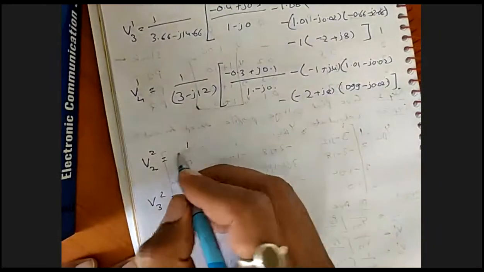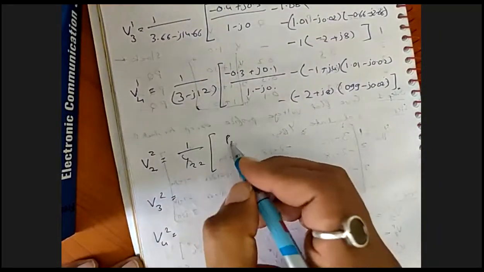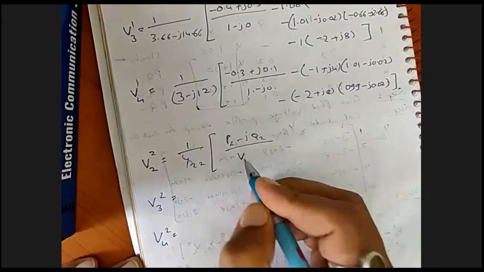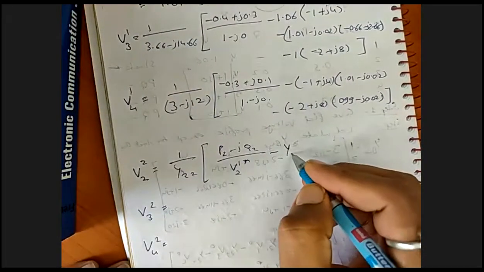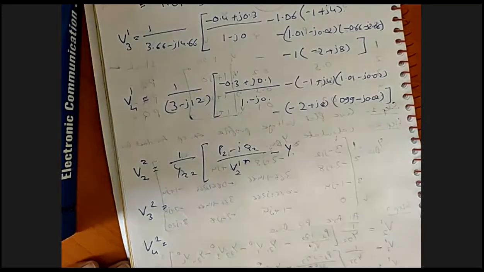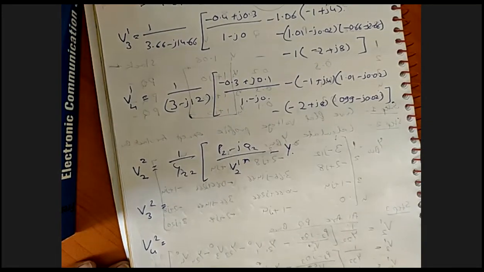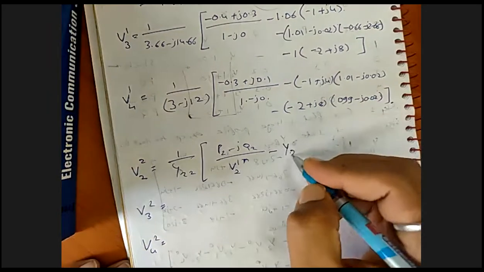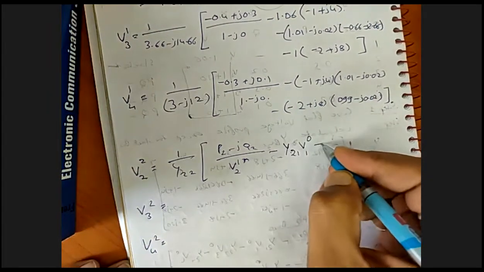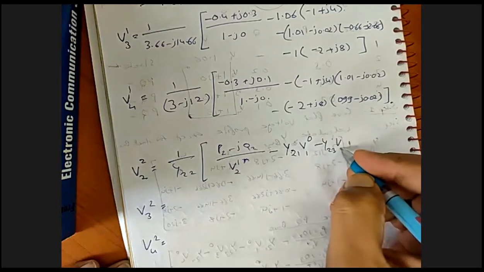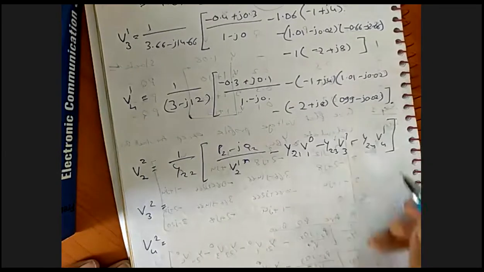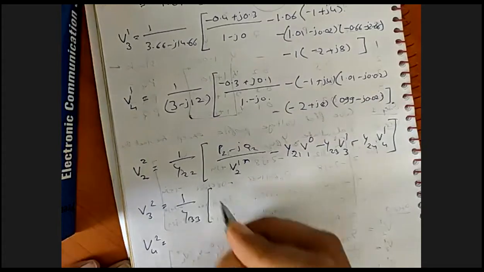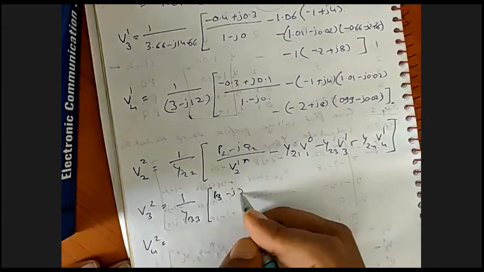So it will be 1 upon Y22, P2 minus jQ2 divided by V21 star, minus Y21 V10 minus Y23 V31 minus Y24 V41, 1 upon Y33, P3 minus jQ3 divided by